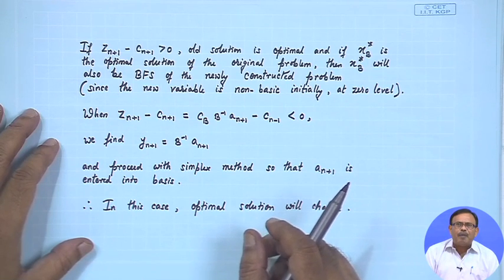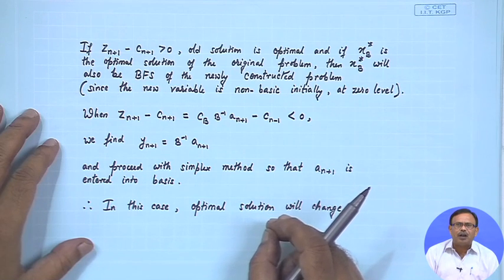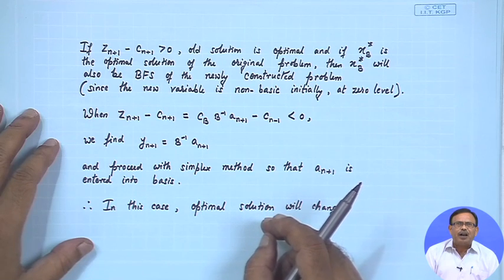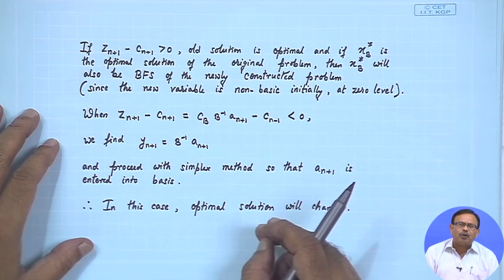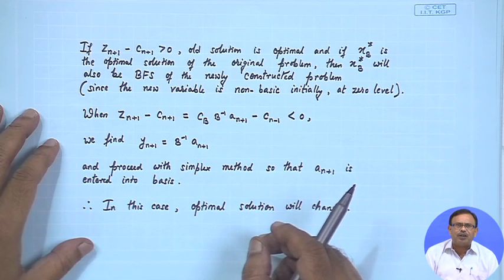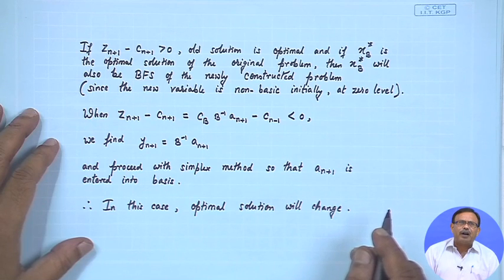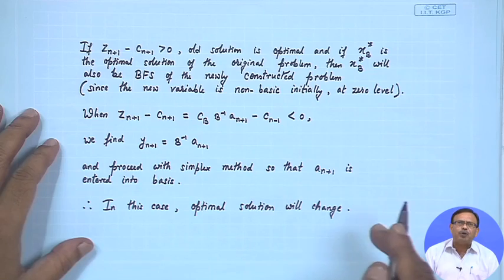So, if I have added a new variable xn plus 1, and the coefficient of the new variable xn plus 1 is Cn plus 1, and if I find Zn plus 1 minus Cn plus 1 is greater than 0, then the optimal solution of the old problem will remain the optimal solution of the new problem. But if Zn plus 1 minus Cn plus 1 is less than 0, in that case I have to reformulate the problem, generate the new initial basic feasible solution, and use the simplex method